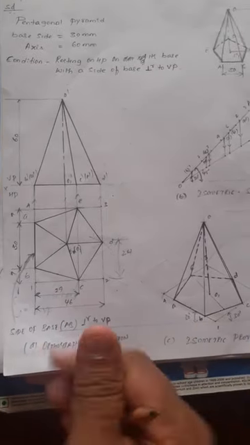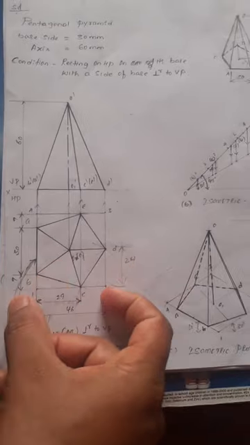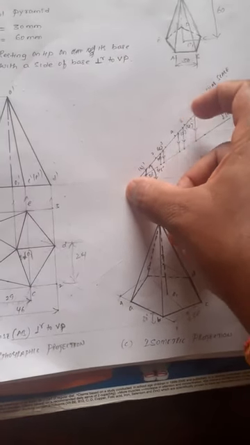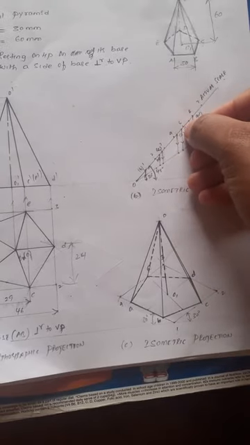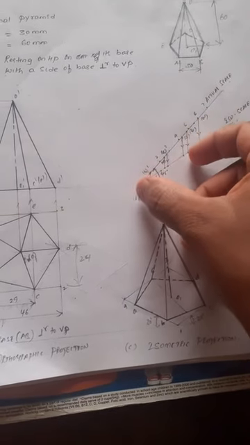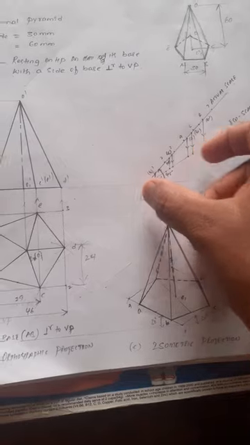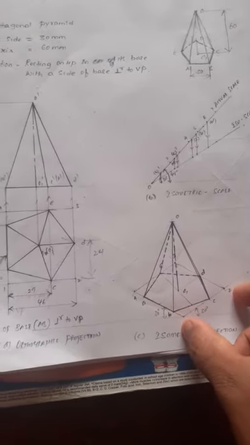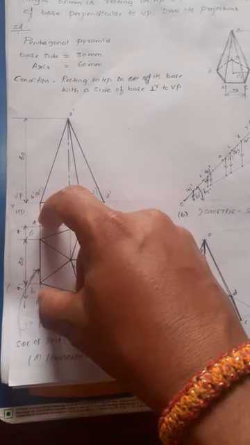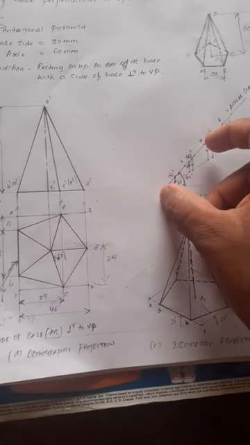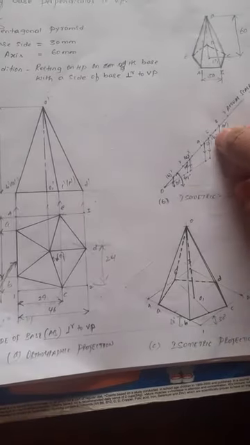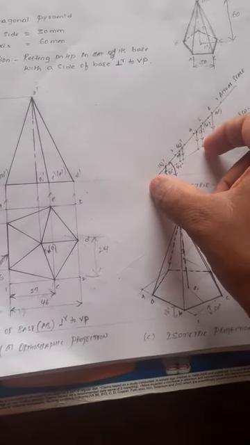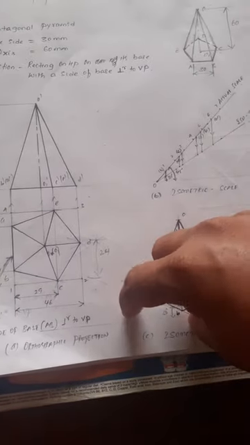Then 1 to 2, how much is it? 46 mm. Draw it on the actual scale, 46. Draw a vertical projector, and then take the isoscale, right? From the isoscale, with 1 as center, draw an arc on the 30-degree line. Then 1 to 4 is how much? 48 mm. Draw it on the actual scale. From the actual scale, draw a vertical projector, then you get the isoscale. Then with 1 as center, draw an arc.